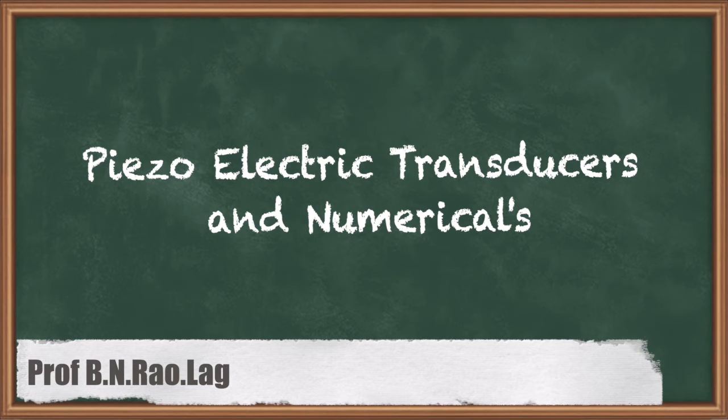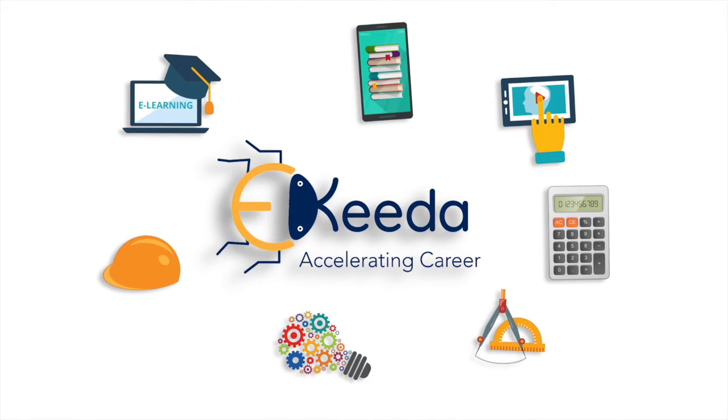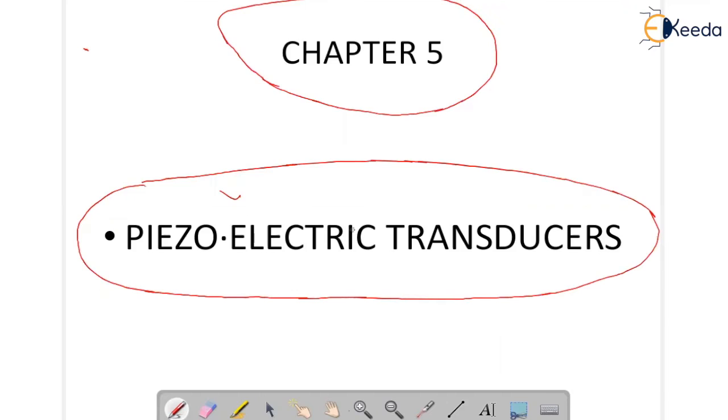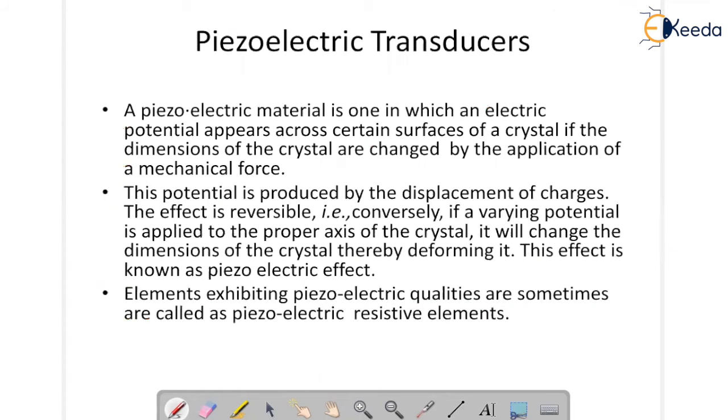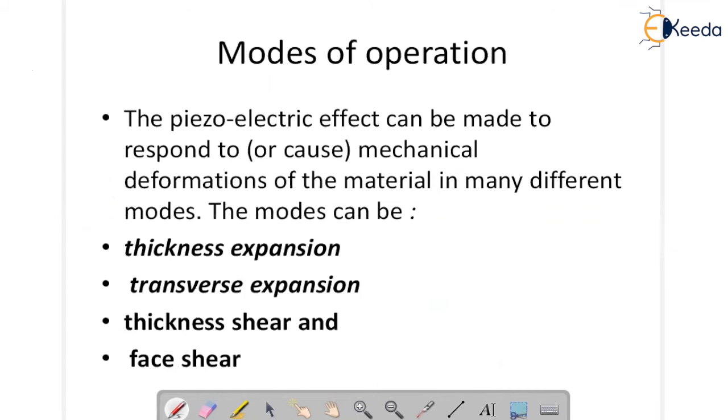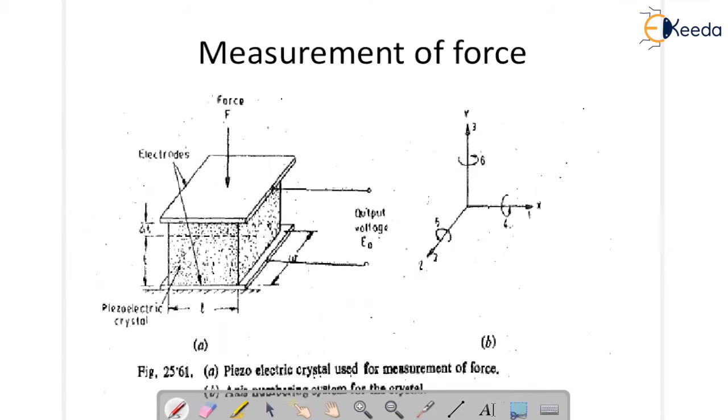See here how we are going to get the piezoelectric effect, that I am going to tell you in a detailed manner, my dear students. Before going into the subject, let me first depict what the piezoelectric effect is. The piezoelectric effect means, see here, a piezoelectric material, which I'm going to take. Here I'm going to get an electrical potential, or the electrical output that appears at the output.